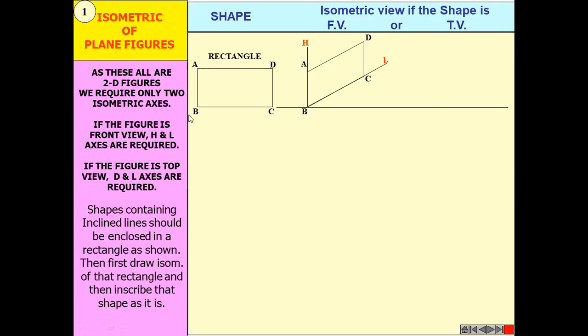Now we know that BA and CD are parallel. So you know B, you know A, you know C. So from C, draw a line parallel to this. So vertical, vertical, vertical, vertical. You can get the D point. If you join now A to D, this AD is coming parallel to this BC. The angle 30 comes automatically. So BC and AD are horizontal lines. So those horizontals are inclined at angle 30, while AB and CD are vertical lines. So vertical line remains vertical.